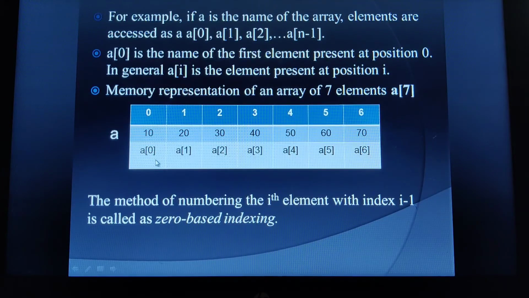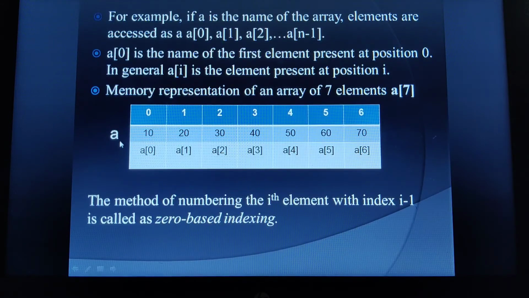Whereas when I refer with the array name followed by the index within the subscript, I will be referring to the value. So a of 0 is the name of the first element which is present at this particular position. A of 1 will be the second element which is present at the position 1. Similarly, a of 2, 3, 4 up to 6.